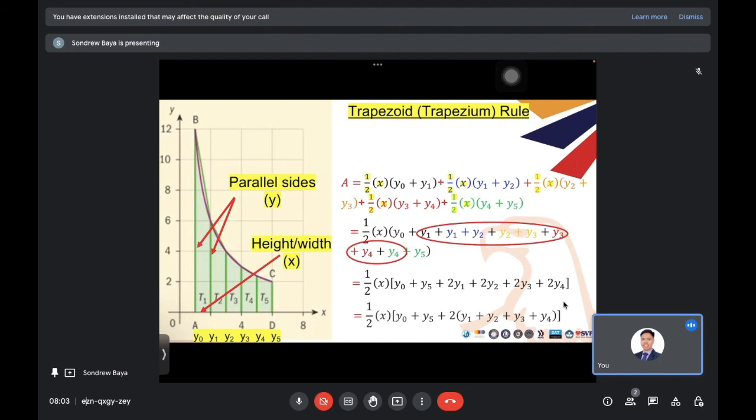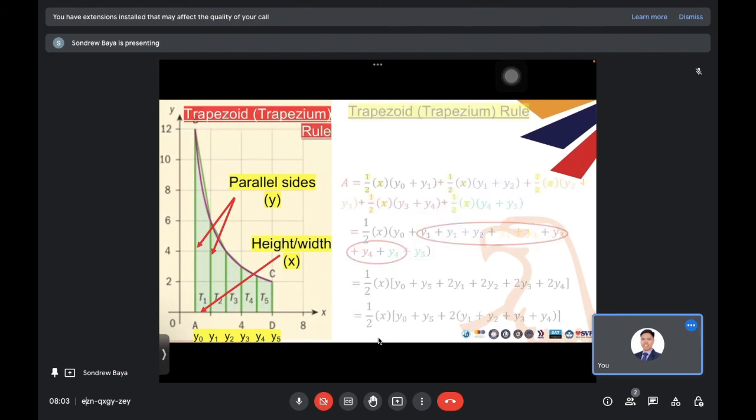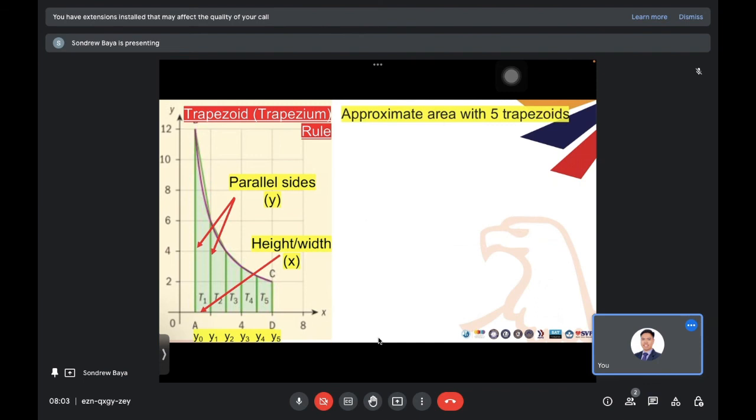Okay? So this is now the trapezium rule, the formula or the notation on how to find the area using the trapezium rule. Let's try to apply it in some examples. All right. Now remember that, by the way, before that,